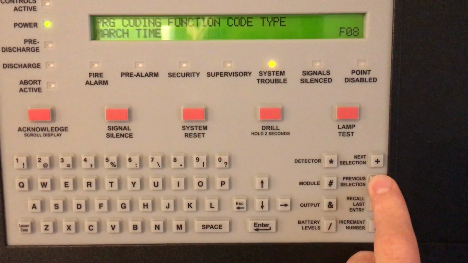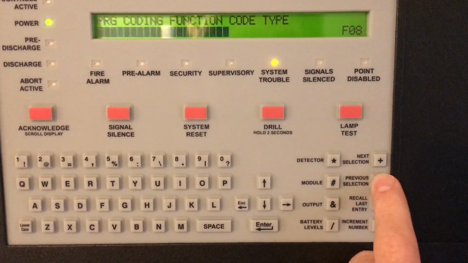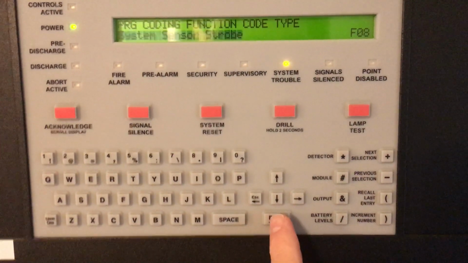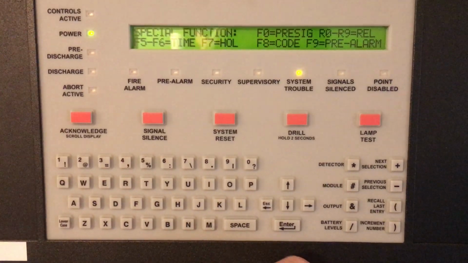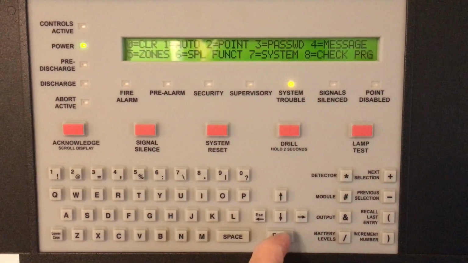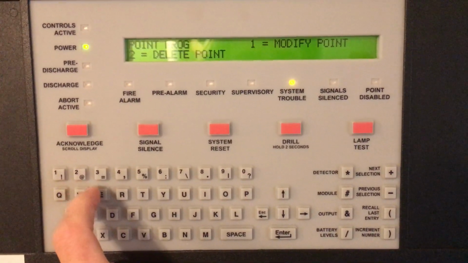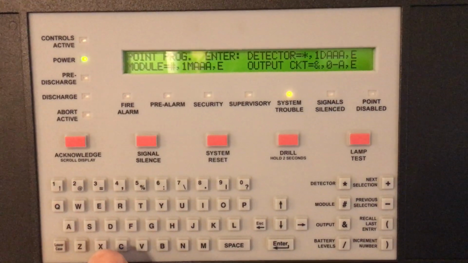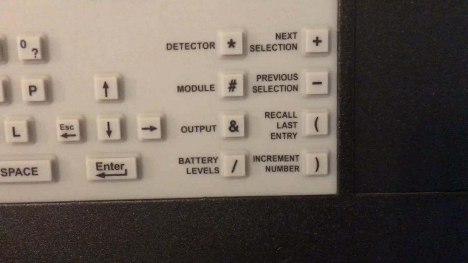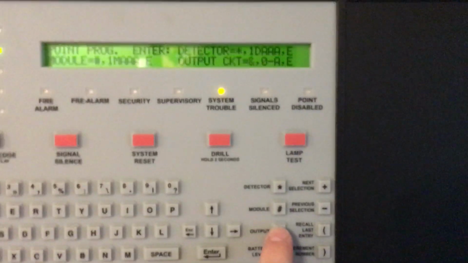So if we go back down, I'm going to leave this as system sensor strobe. We're going to press enter on that and escape out of that screen. Now what we need to do, we're not done yet, we need to go to 2 for point programming and 1 for modify point, and this button that has the and symbol, that is your output, so we need to press and